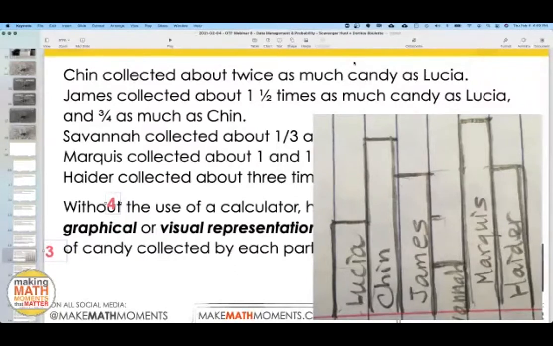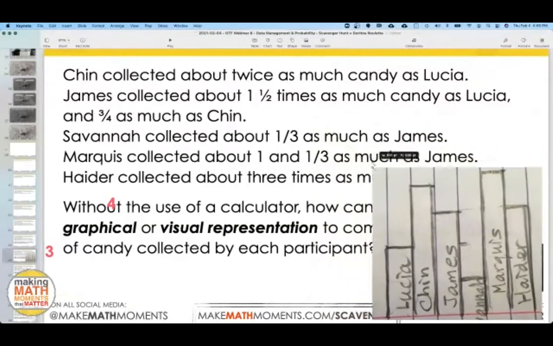But when you look at this, do you feel good about the relationship between the bars? Who cares what Lucia's number of candies is, or what Chin's number of candies is. When you look at the relationship, does this feel pretty good to you? If so, why? And if maybe not, or if there was something you would change, I'm curious about that too. What are your thoughts on that, my friends? And I'm trying my best not to block all of the...